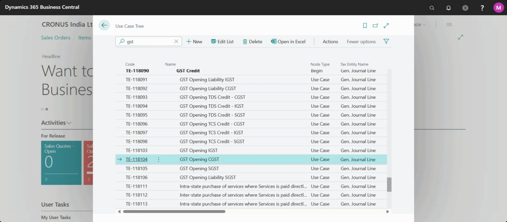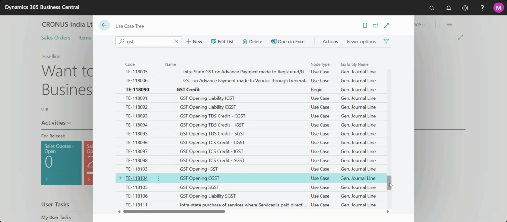This is the simplest way to get your answers using this kind of tax type, or use case tree, to find your practical use cases, scenarios, and the information to know which documents this kind of scenarios will work on.